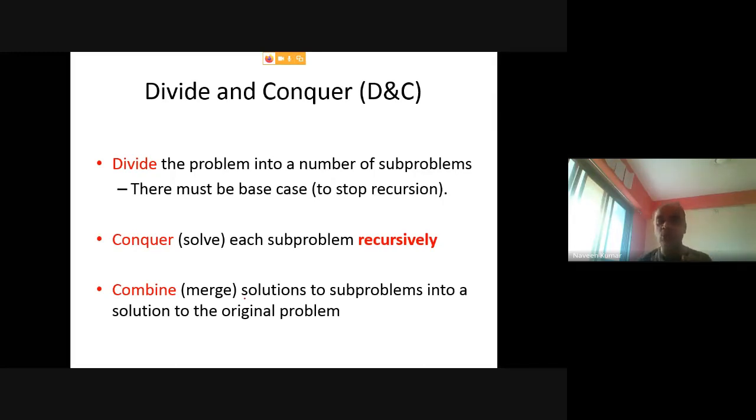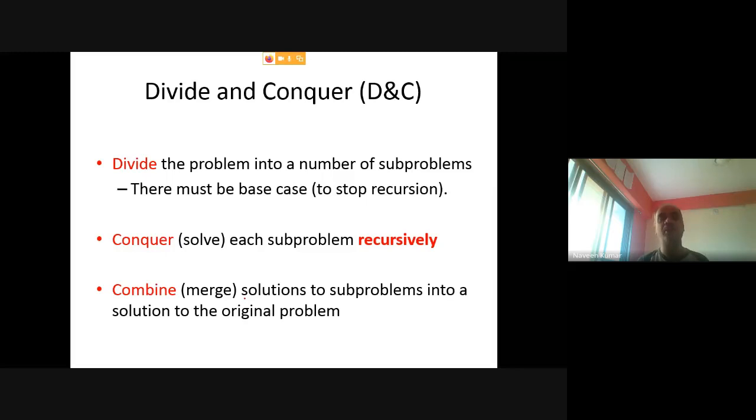These are designing approaches: how to design an algorithm, how to write an algorithm. So first we define this divide and conquer. It is defined using these 3 words: divide, conquer, and combine. So a divide and conquer kind of algorithm requires these 3 steps basically.